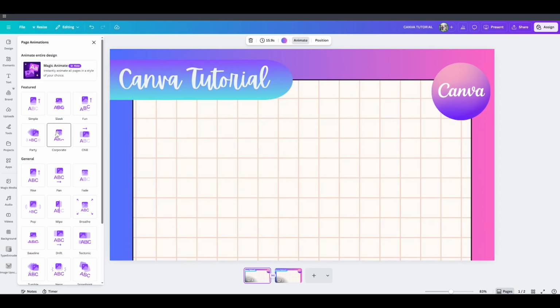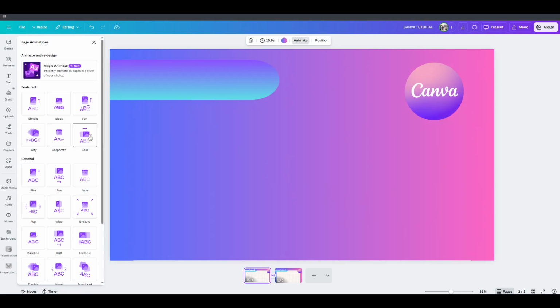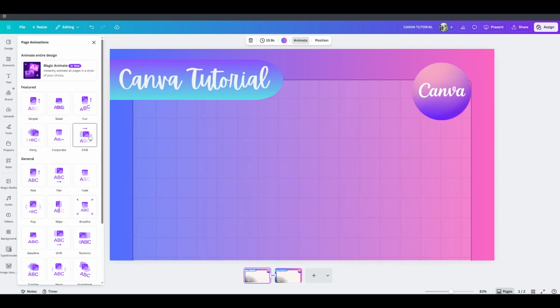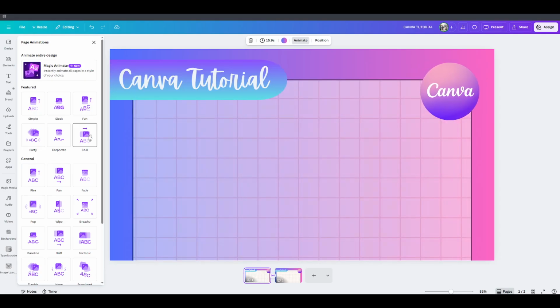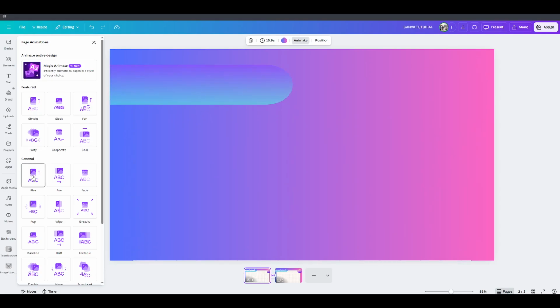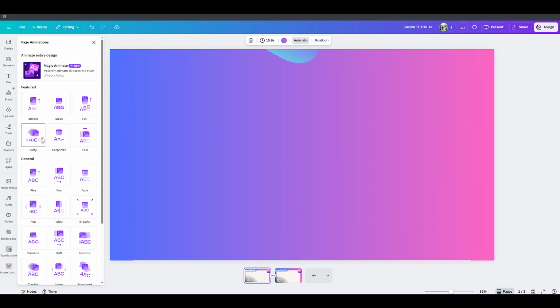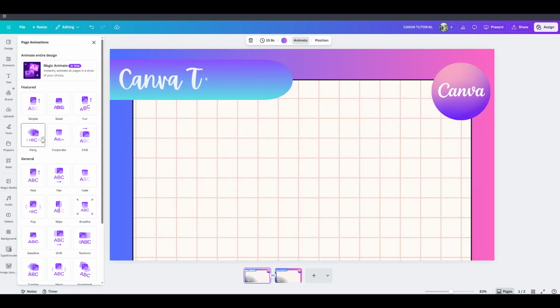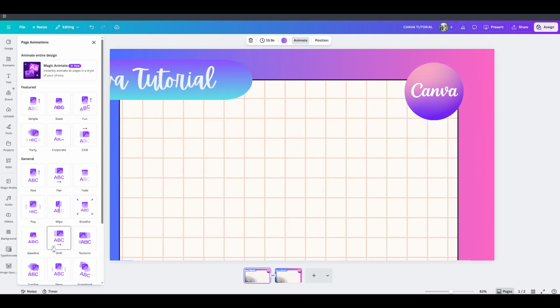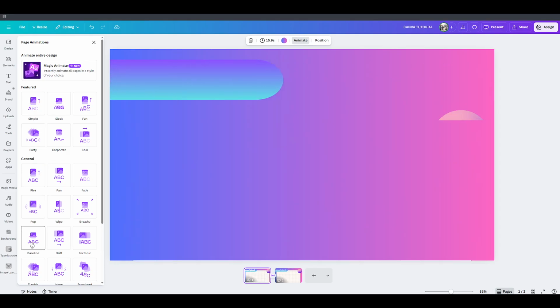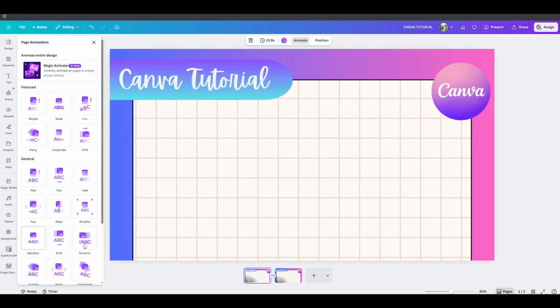Before you commit, hover your cursor over any animation to preview how it will look. This is the easiest way to quickly compare options without changing anything permanently. You'll see your entire page come to life as you move through the choices, so take a moment to try several and notice how each one feels with your content. Some effects are gentle and clean, great for text-heavy designs, while others are more energetic and eye-catching, ideal for quick